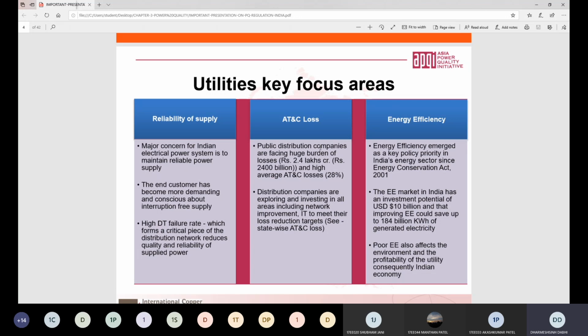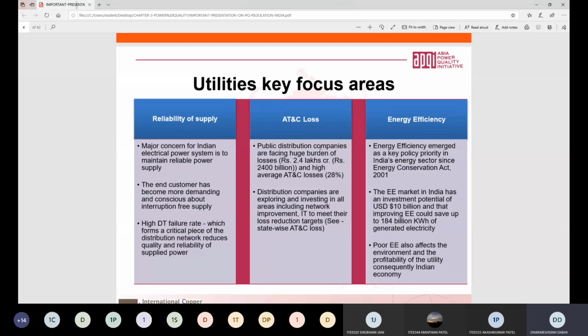So what is considered in the aggregate technical losses? That is nothing but technical loss plus theft of energy plus inefficiency in billing. Those are considered under aggregate technical losses, plus commercial loss. So what are the commercial losses? Commercial losses include default in payment. Suppose any utility or company defaults on payment of the bill, that is considered under commercial losses, plus inefficiency in collection. If the distribution company is inefficient in collecting any bill, that is considered under commercial losses. So because of all these AT&C losses, there is a huge burden on utilities in India.